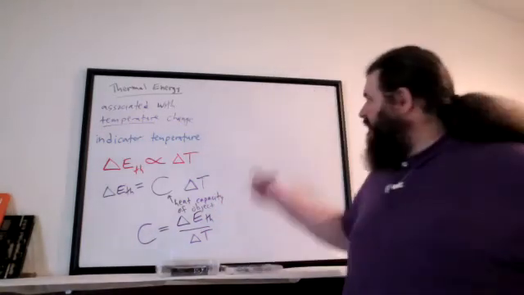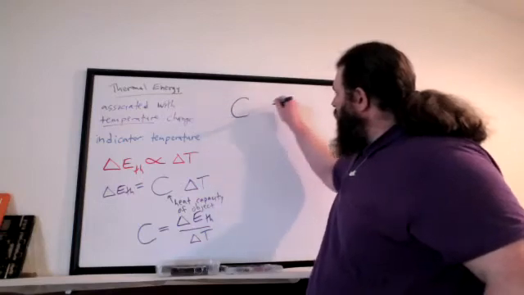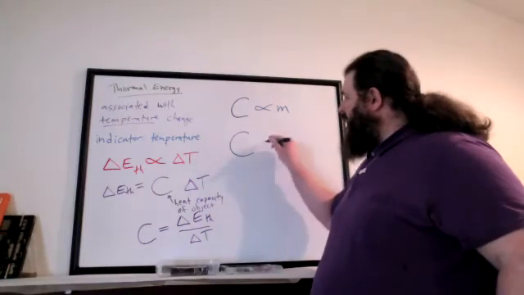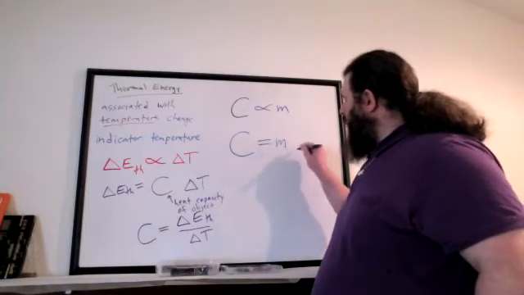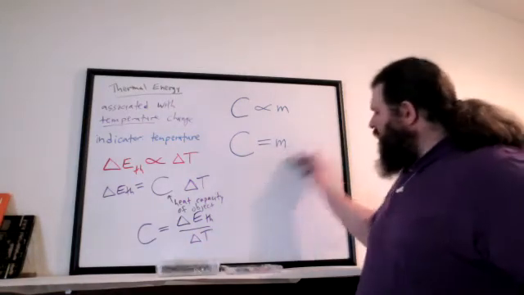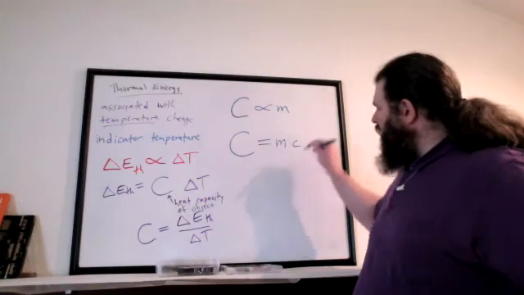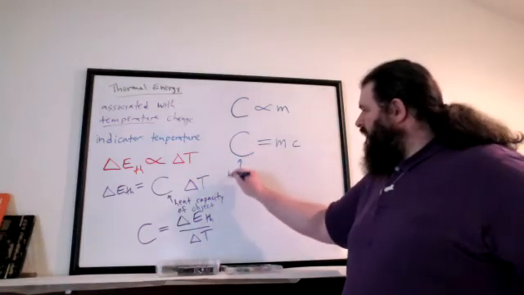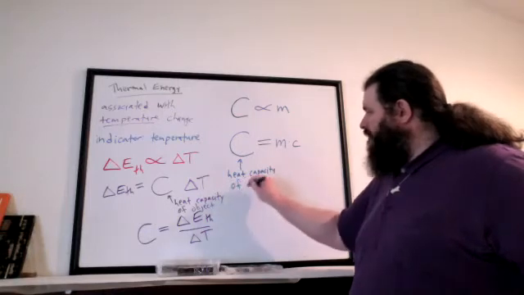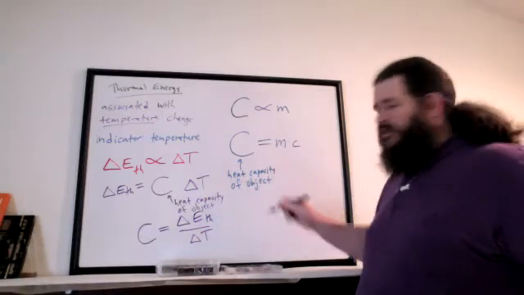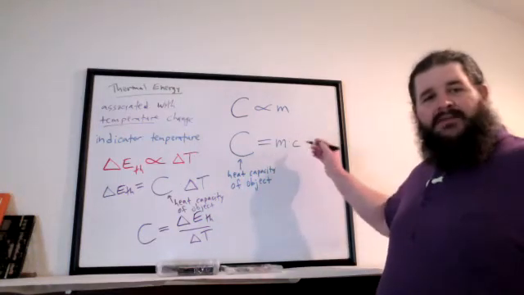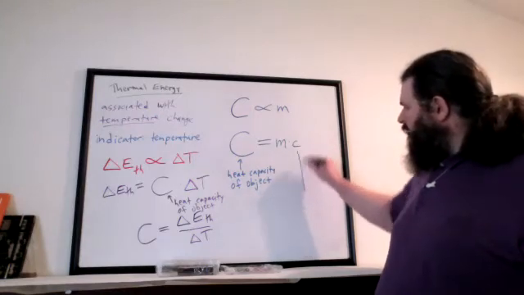But since heat capacity depends on how big the object is, that is the mass, we can expect that heat capacity is going to be mass times something. And that something is what we call the specific heat, lowercase c. So we've got the heat capacity of the whole object, which includes how big it is. But that's equal to the mass of the object times another property called specific heat, which was originally called the mass specific